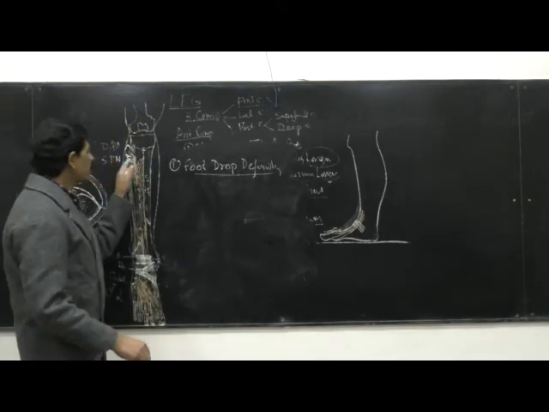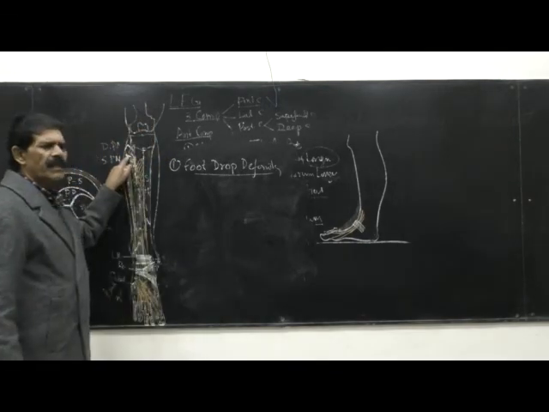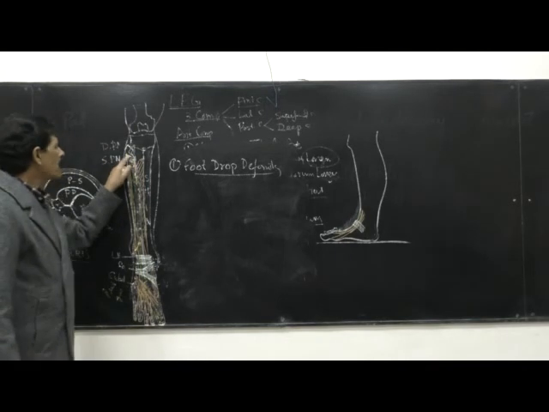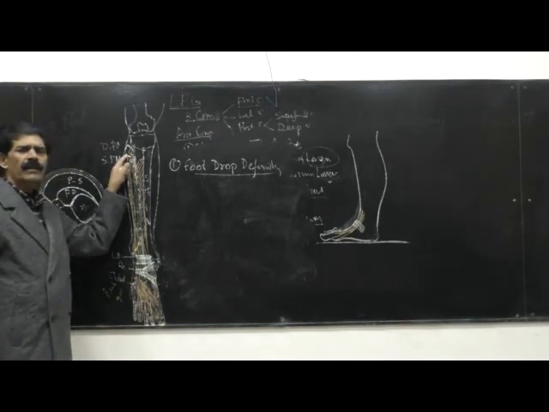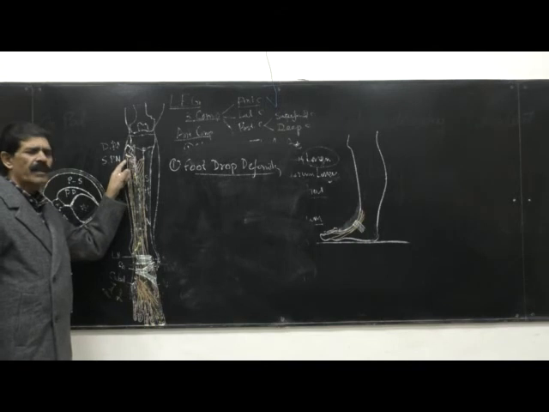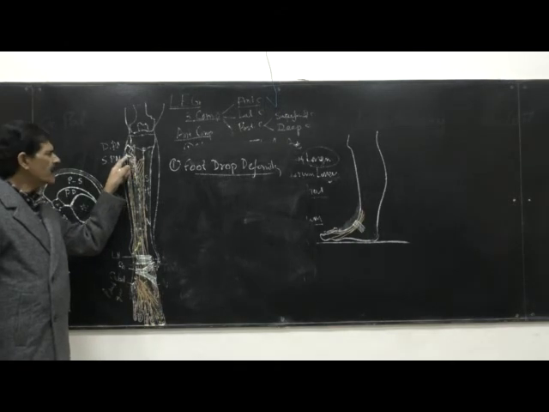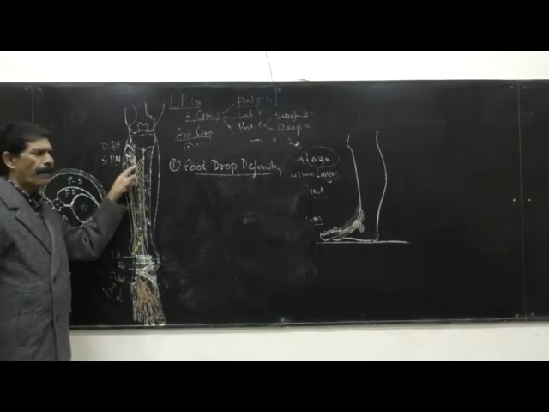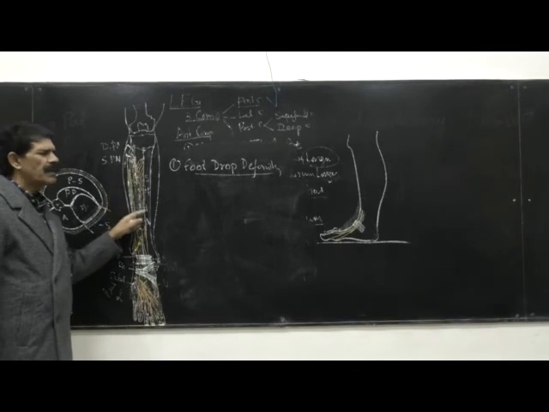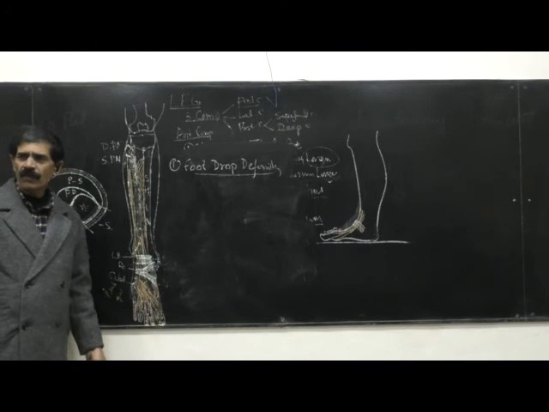So whenever there is an external injury and the fracture of the neck of the fibula, then the common peroneal nerve will be damaged. And when the common peroneal is cut, then the deep peroneal nerve is also cut, and the superficial peroneal is also cut. So when the deep peroneal nerve is cut, what will happen? All the four muscles we have done will be paralyzed, because this is the motor nerve.